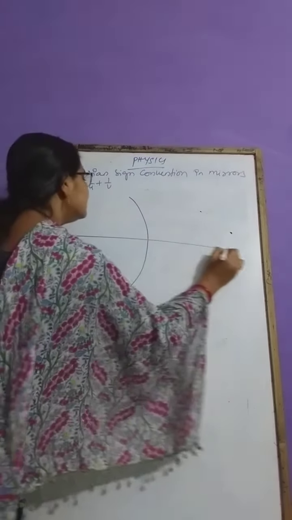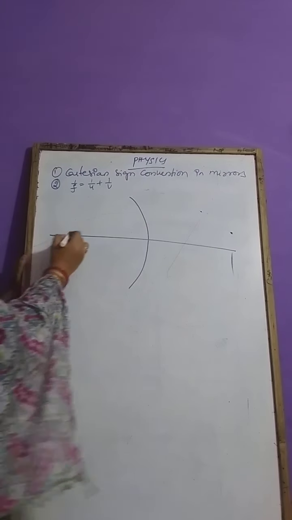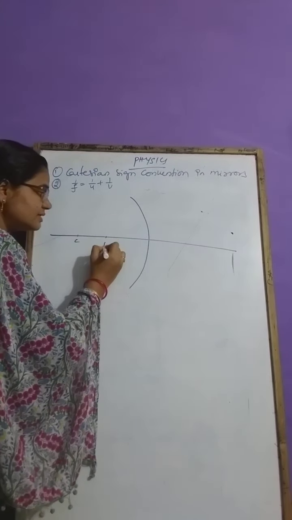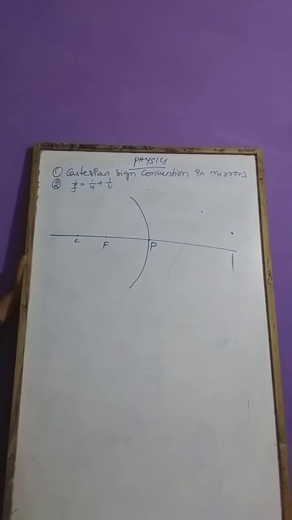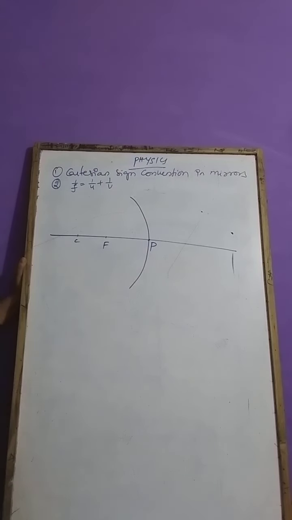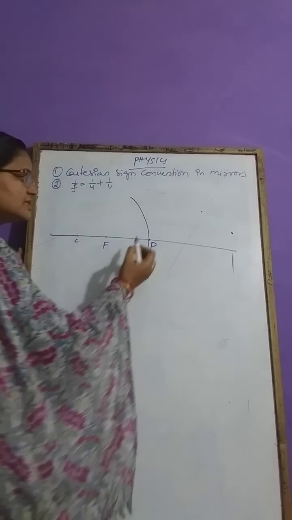Let us consider a principal axis that exactly passes through the center of curvature of the mirror, and we know pretty well about its focus. The geometrical center of your concave mirror is its pole. Now, how to get the signs of this focus, image distance and object distance, particularly in mirrors? Often we measure distances from the pole.